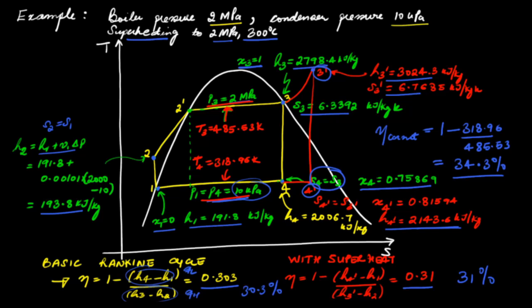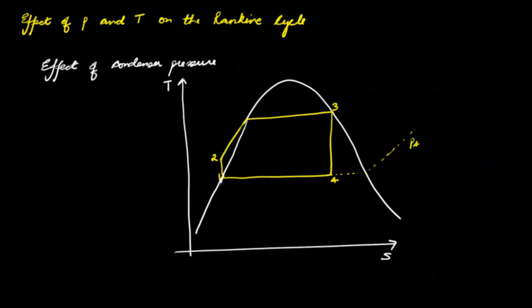cycle with superheat. So now we can look at the effect of pressure and temperature on the Rankine cycle, and in particular we look at the effect on the efficiency of the Rankine cycle. As noted in the previous lecture, the efficiency of the Rankine cycle can be thought of as that of a Carnot cycle with average temperatures at which heat is added and removed. Keeping this in mind, now we can consider the first case where we look at the effect of condenser pressure